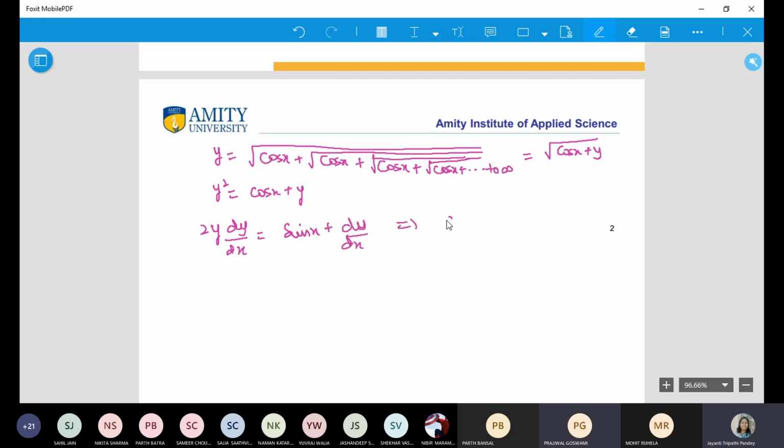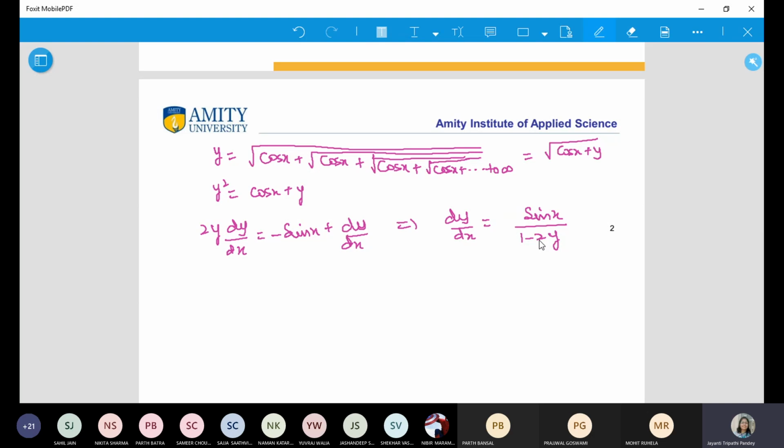And in that case, where is the minus? Minus will come, correct. dy by dx is sin x upon 1 minus 2y. Minus sign incorporated, shifted it this side, right? So this was also a kind of differentiation in which you are doing it in 2 steps.